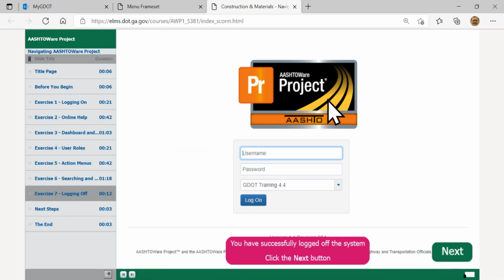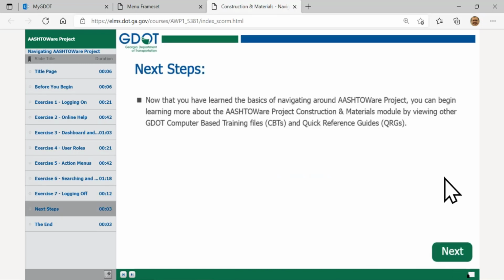So that allows us to work with and view information. Keep an eye on that as we work with it. We'll click on the next button. We'll be able to review over this CBT anytime you want to by just going into the system and walking yourself back through it again. As I said, you have the arrow buttons to move you through it or clicking on next. And we will be providing links to different quick reference guides very shortly. Let's click on next again.